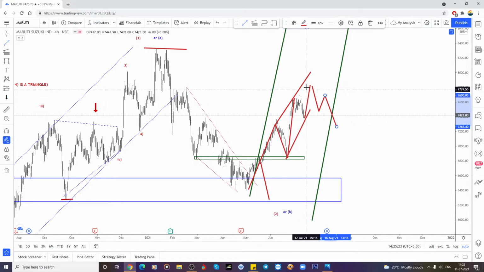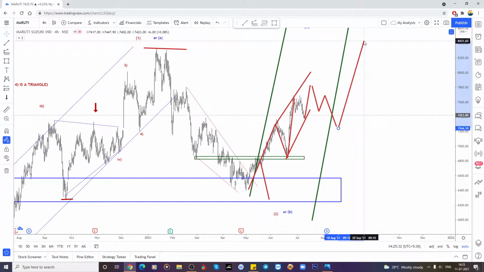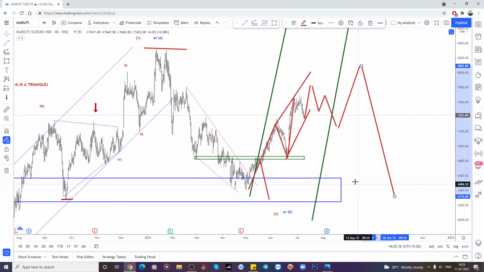Otherwise, if it makes one more high, this is a 5-wave structure. After the 3-wave structures, again it could make one more 5-wave structure, whether it may or may not break this high. If it doesn't break this high, there is a lot of chance for making one more low. Otherwise, if it breaks the high also,